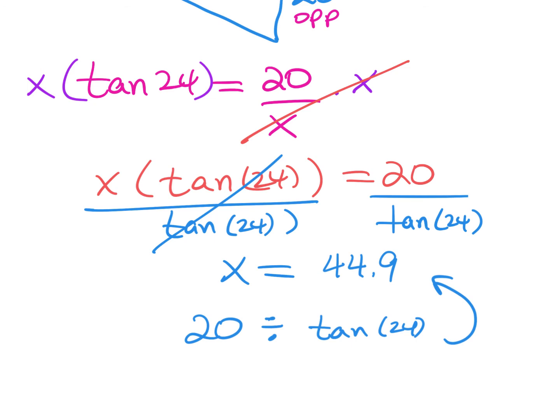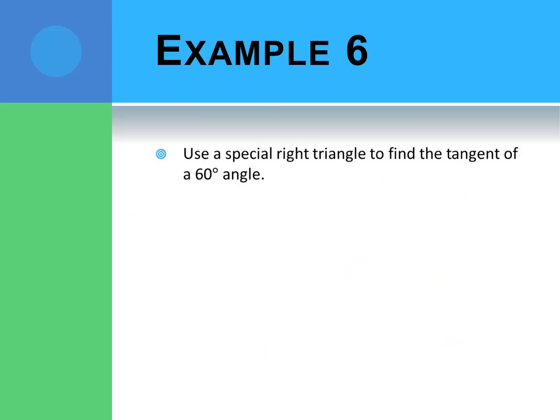And the variables in the bottom, you're using division to solve. When the variable is in the numerator, you're using multiplication to solve. So, back in 9-2, we learned two special right triangles. I'm going to review them with you right now, because if you get a question that tells you specifically to use a special right triangle, and you just do the tangent of 60 on your calculator, and